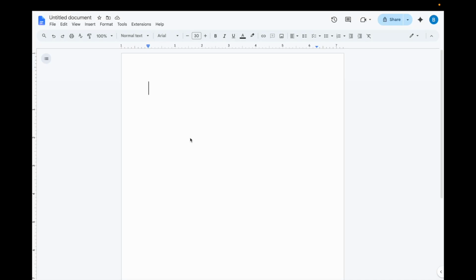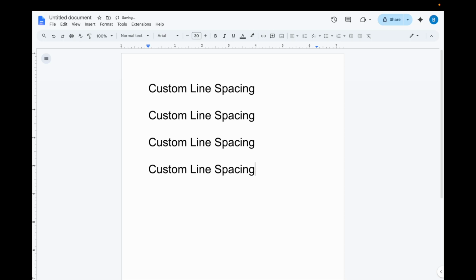So in this Google Docs tutorial, I will be showing you how to have custom line spacing here on Google Docs. So if I were to type in custom line spacing like this and then copy it a few times, I believe my current line spacing is 2 or double space. Now, if you want to change this to a specific number, like maybe 1.3 or whatever, highlight the entire